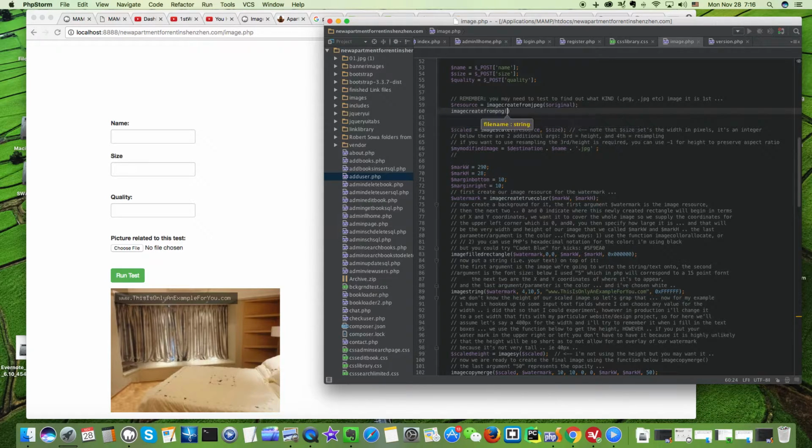So there you can see, image create from PNG. They have image create from GIF, etc. So you just change that function name based on your file type. But what if you need to know what kind of file it is? Well, one thing you can do is